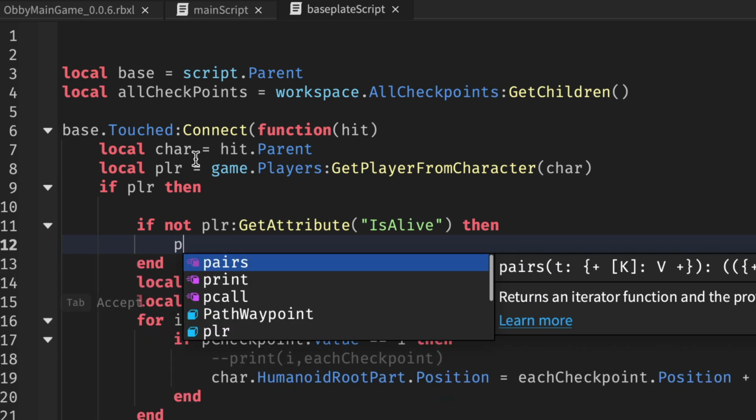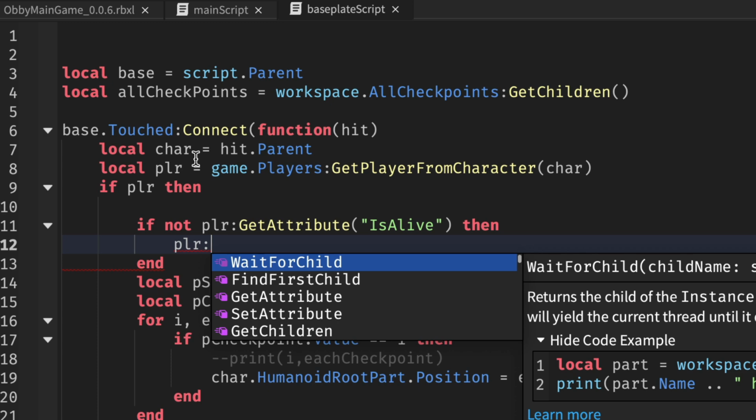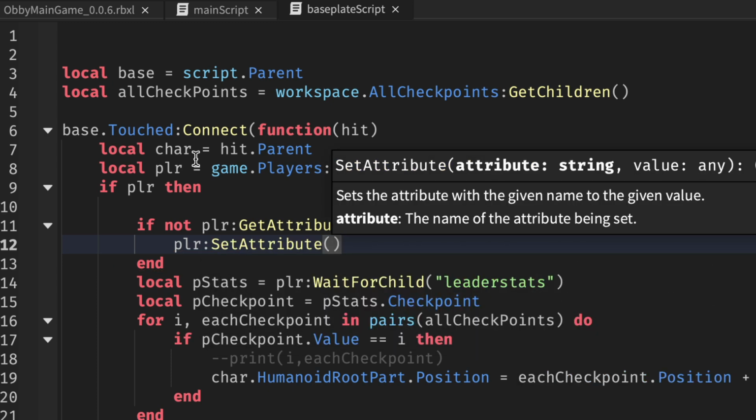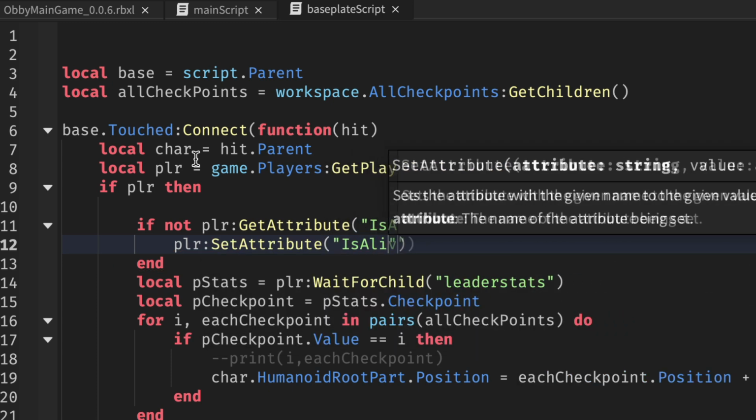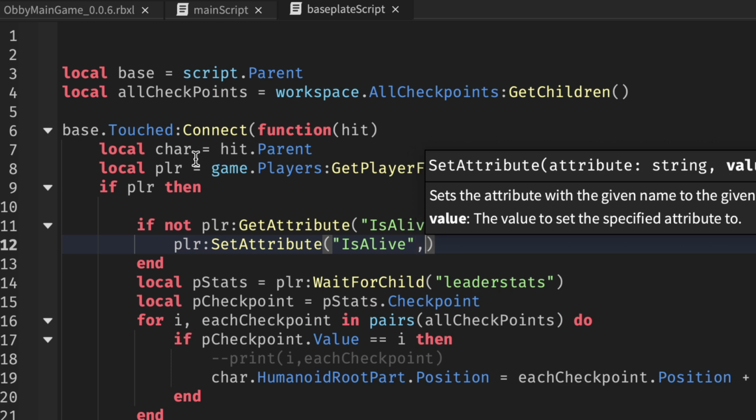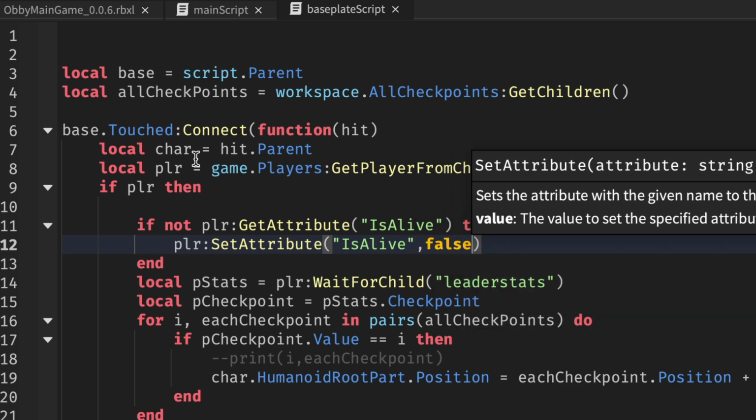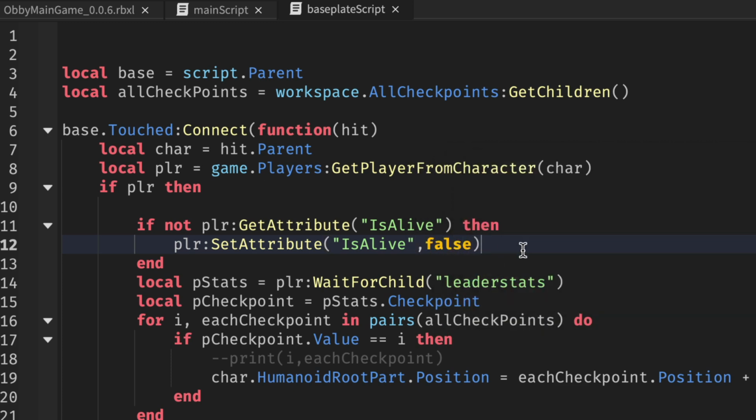Alright, so we'll say player set attribute is alive, and we'll set that to false,